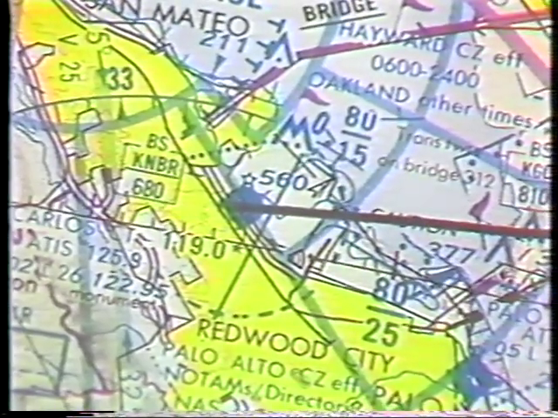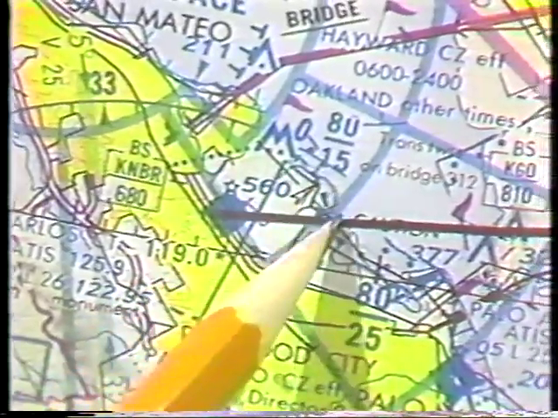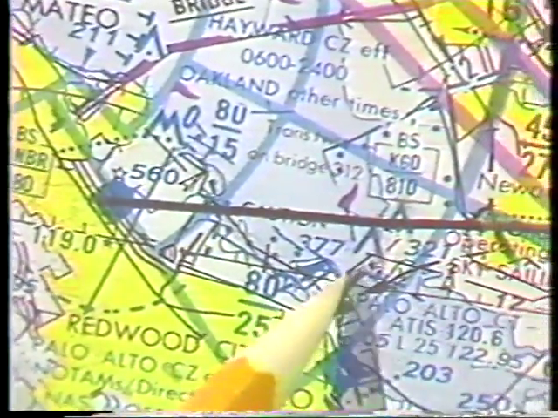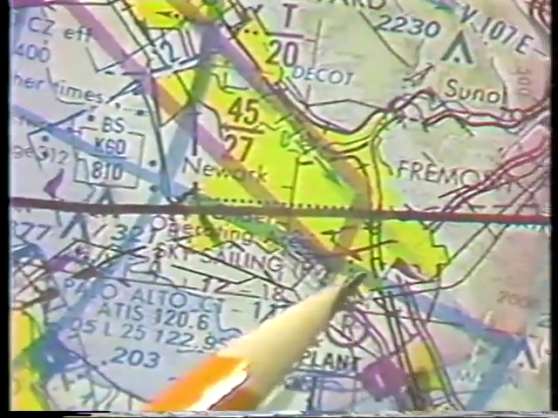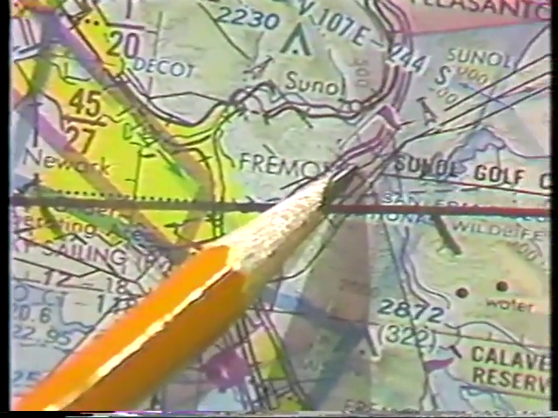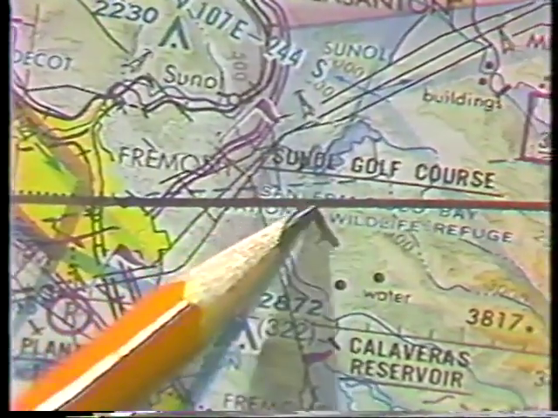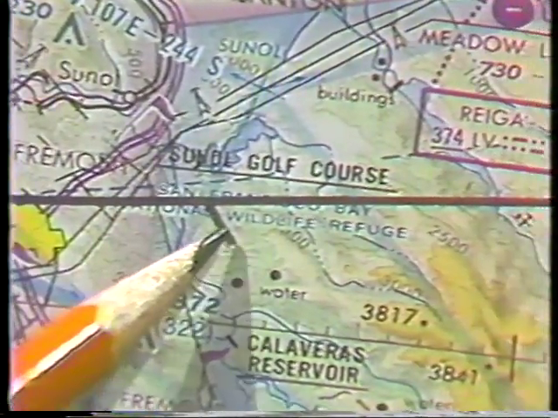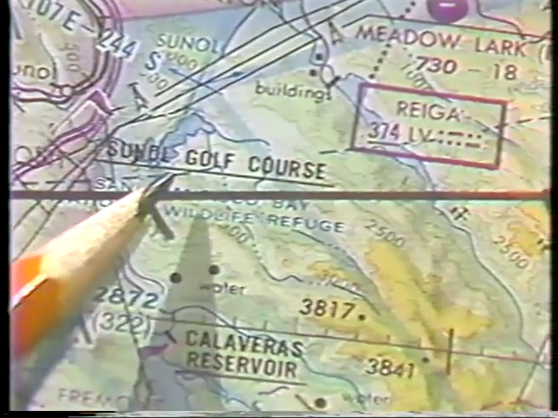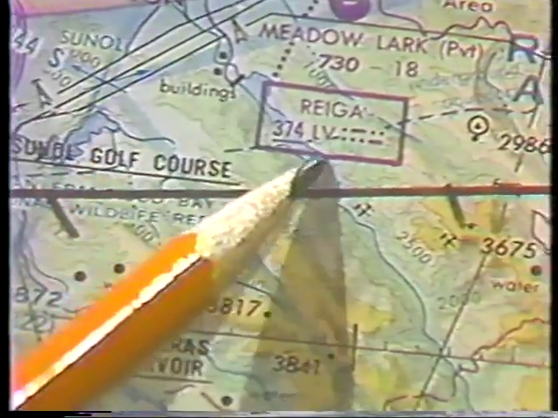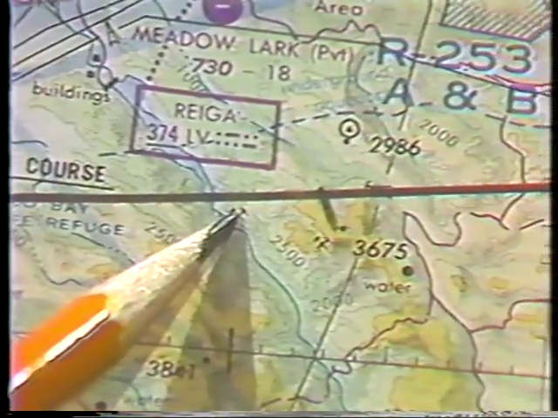Now comes the selection of prominent visual landmarks. These will be our checkpoints. After takeoff, we see the contours of the bay, the towers on the east side of the bay, and the divided highway. Next good checkpoint would be the Sunol Golf Course and the lake just to the left of course at 20 nautical miles. It will be easily identifiable and close to our course, an excellent checkpoint. Further along the course is a second lake, also an excellent visual reference.